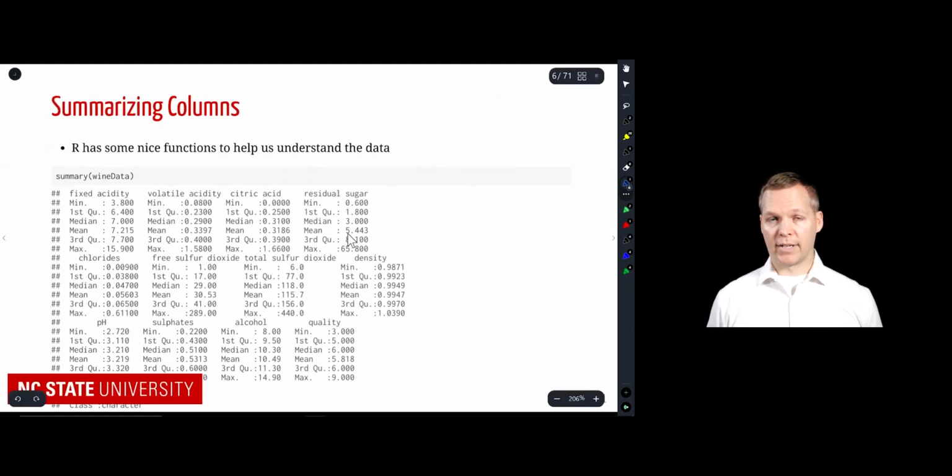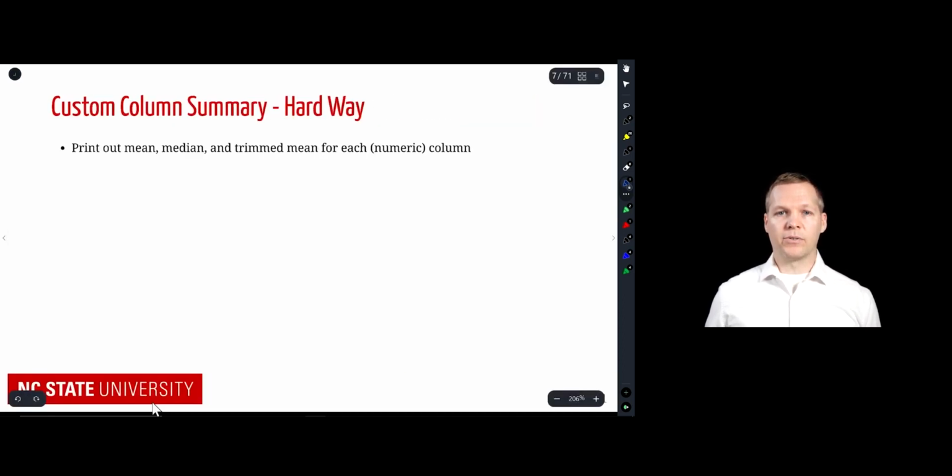Of course, R has some really nice functions that are built in that can help us out. Like the summary function here, we'll just take every column of that data set and provide a basic summary for us. And so any of the numeric columns, it gives us the 5-number summary plus the mean. And then down here, the last column, you can kind of see it's that character column that had the type of wine, and that's just going to tell us what values type can take on. So this is great. I mean, this is really useful information,